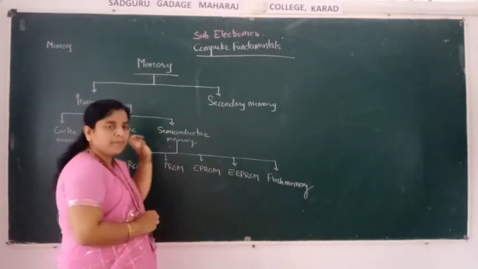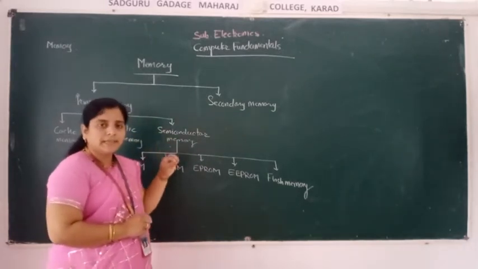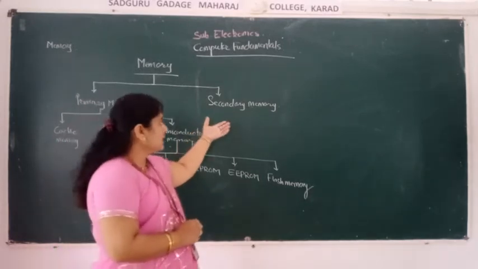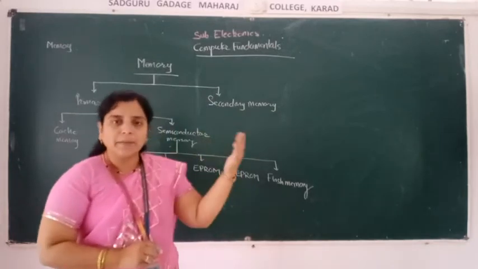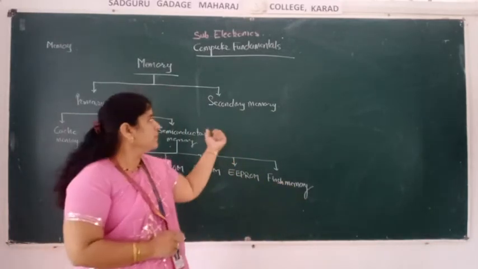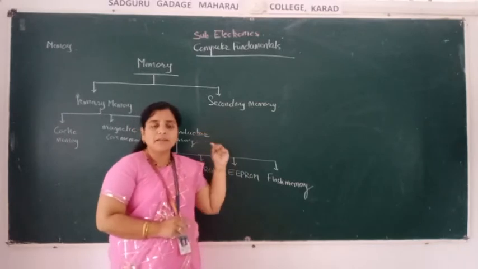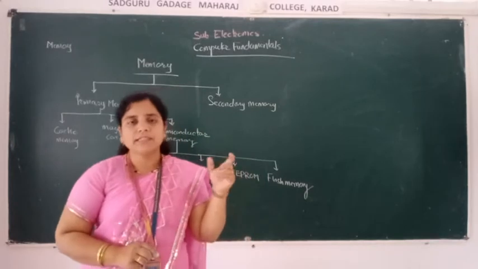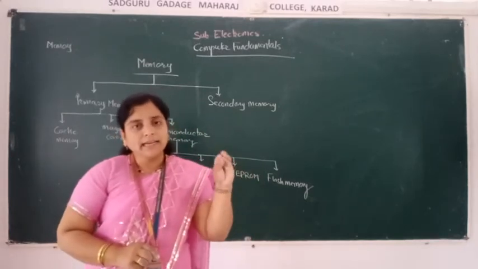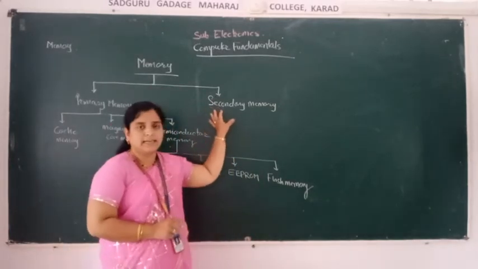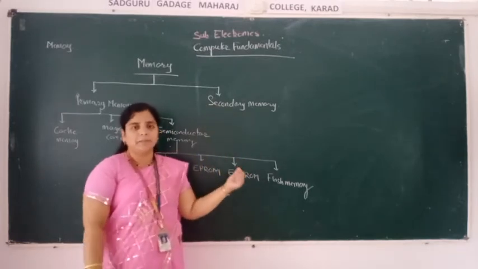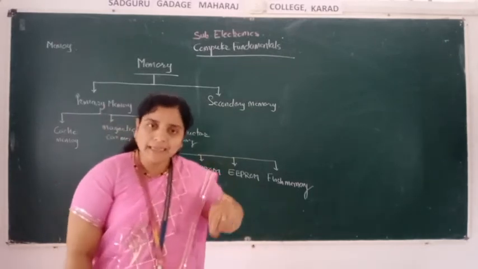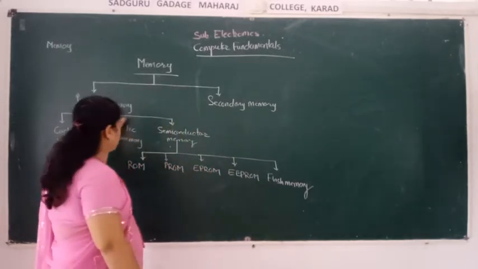At the time of building the computer, the memory saved in that computer is called the primary memory. And what is secondary memory? We can upgrade that memory. For example, we attach a pen drive, CD, or hard disk. All those things come under the secondary memory, meaning we can upgrade that memory. And whatever memory is inbuilt in the computer is called the primary memory.